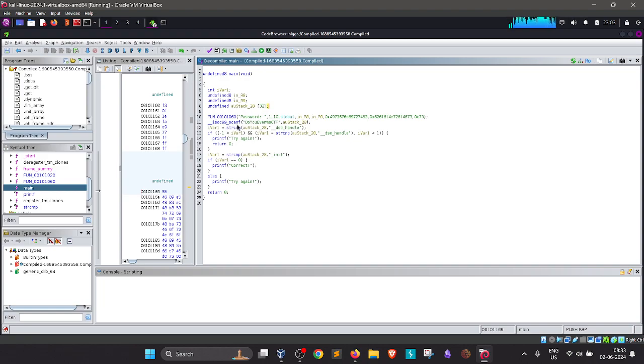So now this scanf is asking us for input. Printf will just print this on a screen. Now what scanf is doing is taking this input into this local_28 stack variable,